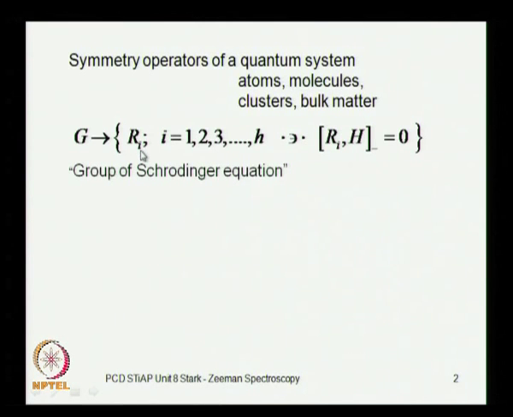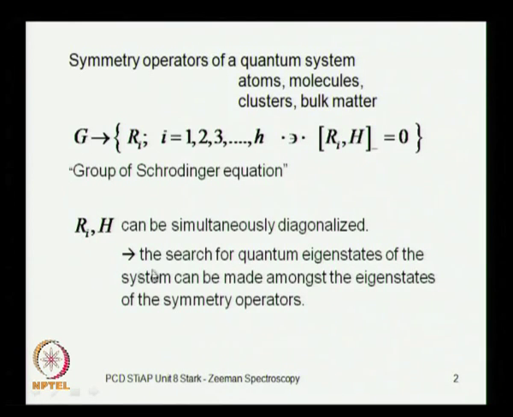So, if you have a symmetry operator R, and there are a number of symmetry operators like R1, R2, R3 and so on, and if you stack them together, and let us say there are h number of such operations which leave the Hamiltonian invariant, so that for every i the Hamiltonian commutes with the symmetry operator, it remains invariant. Then these operators which have been stacked together in this set, which I have called G, is what is called the group of the Schrodinger equation,